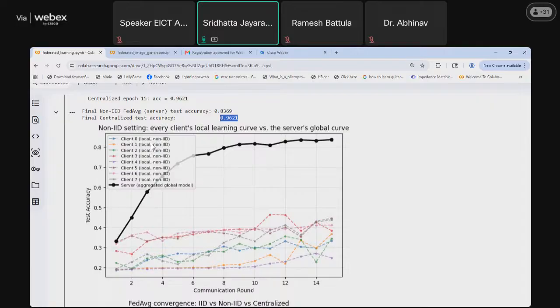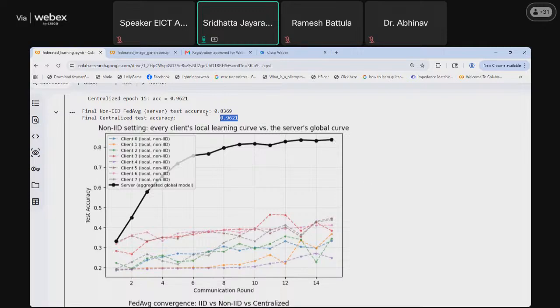In this non-IID setting, we see the client's local learning curve versus the server, the global curve. Due to the local data, the client accuracy fluctuated, and it never crossed above 40%. But the server, having an indirect view of all this data and getting updates across it, improved up to 83%.